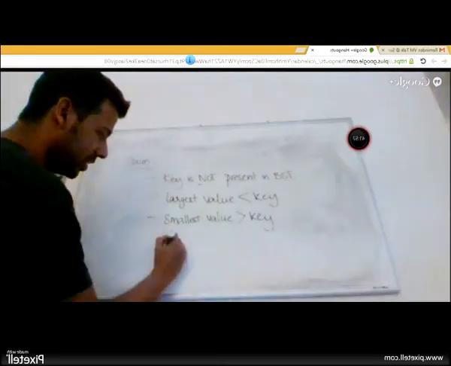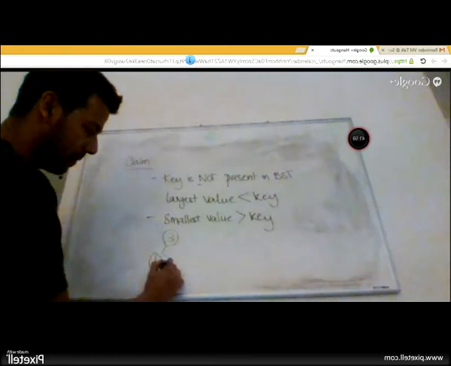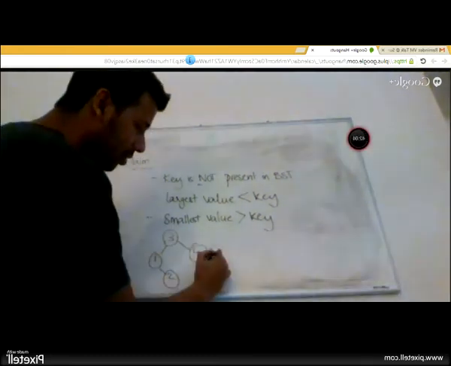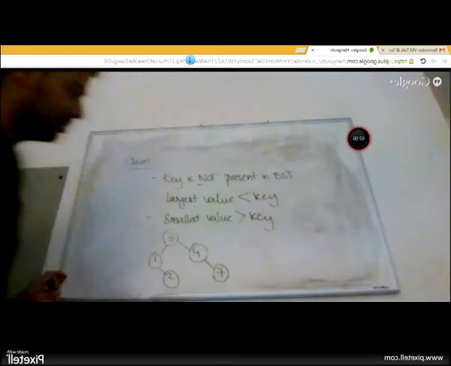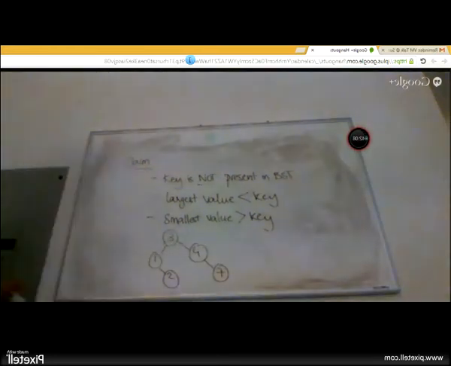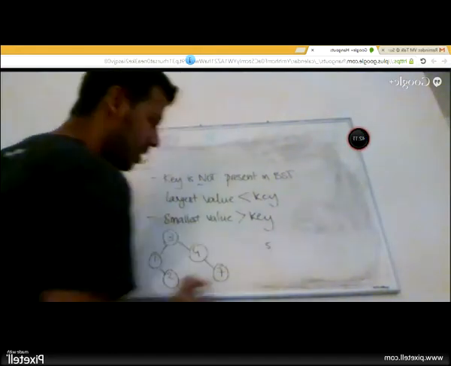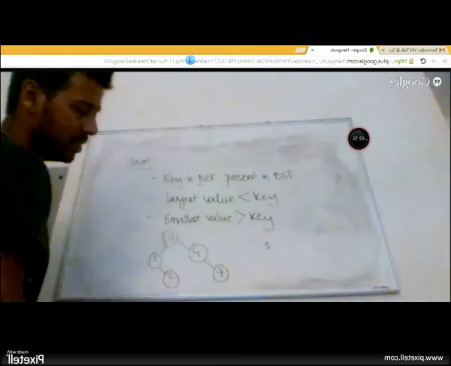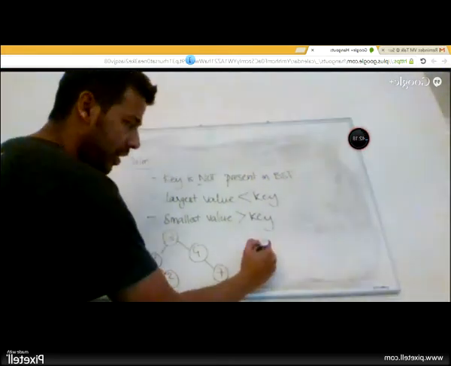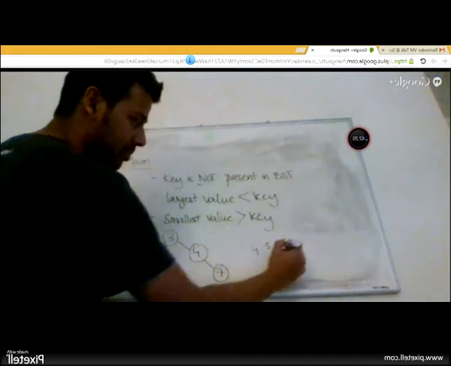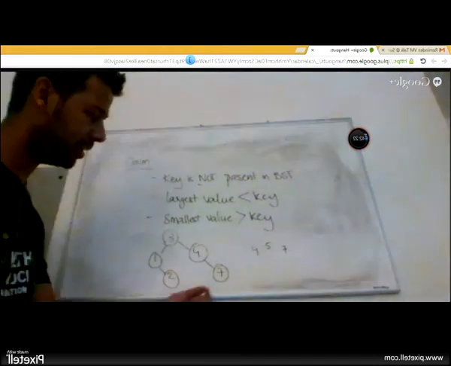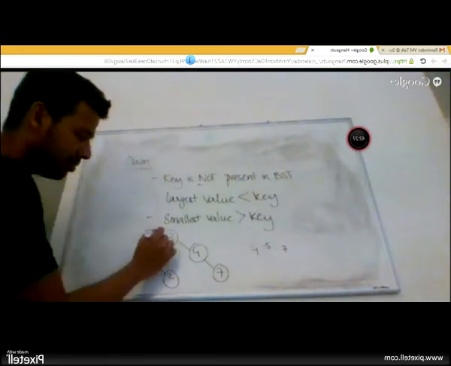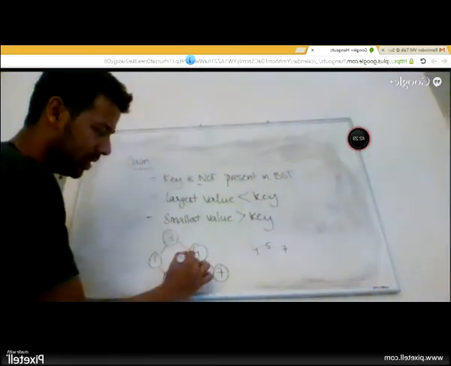Let's say my binary search tree is like this. And I'm searching for 5. The 5 is clearly not present in the binary search tree. The element that comes just before 5 is 4, and the element that comes just after 5 is 7, pretending 5 was in the binary search tree. So I start with the root node. 5 is greater than 3, so I go to the right. I go to 4.